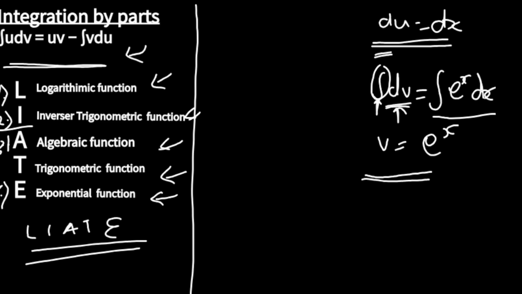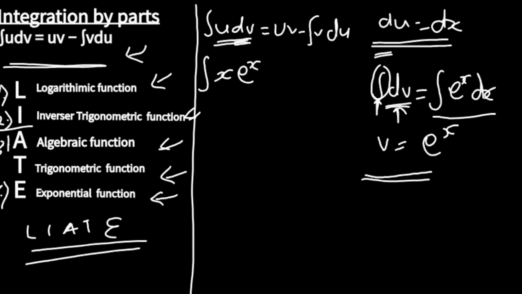Now we apply the formula. This is our formula, right? So let me just rewrite it here. The integral of u dv is equal to uv minus the integral of v du. So that is the integral of, what's our u? Our u was x. What is our dv? Our dv was exponential x dx, right? Is equal to,